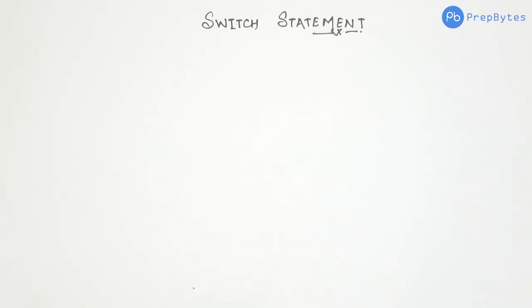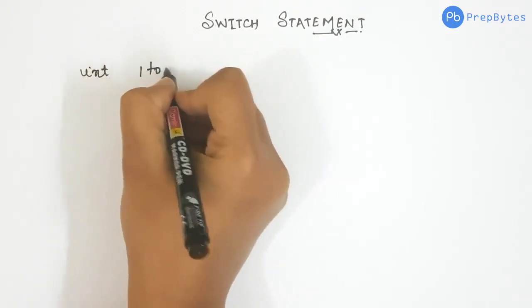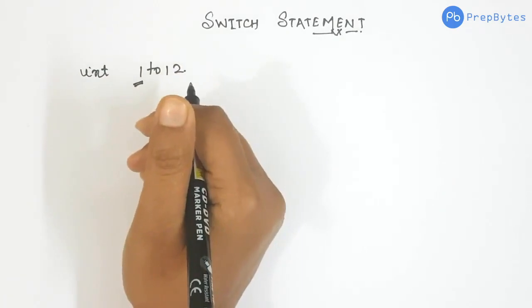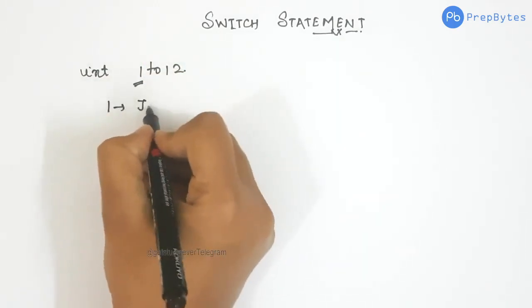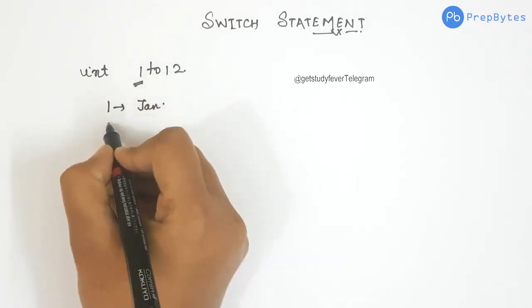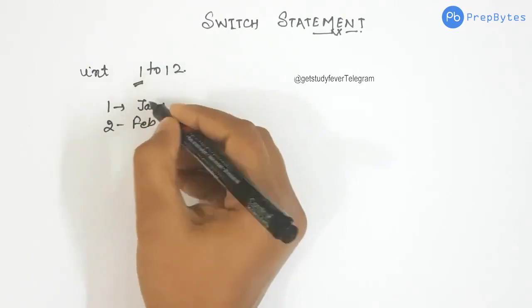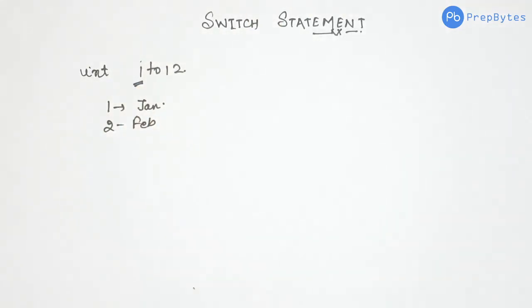there's an integer value from, let's say, 1 to 12, and based on the value of the integer you have to print the month. So if it's 1, you have to print January. If it's 2, you have to print Feb. Accordingly, you have to print the month depending upon the integer value. So if we go on to write else if in this case, it will be very long and it won't